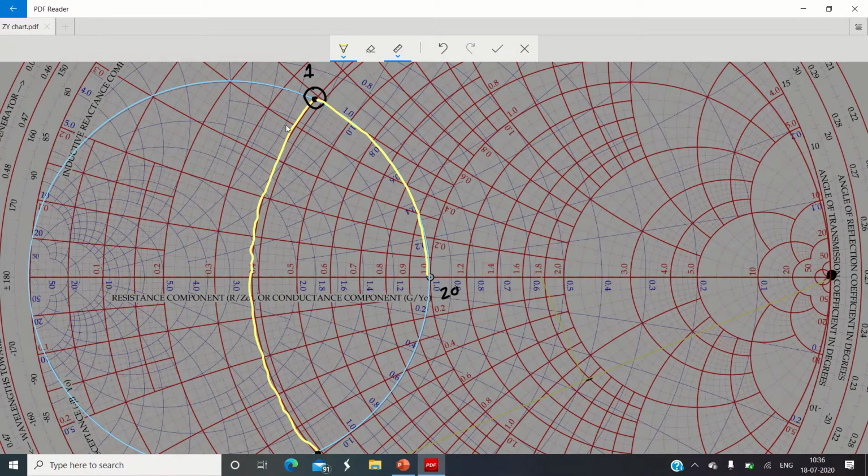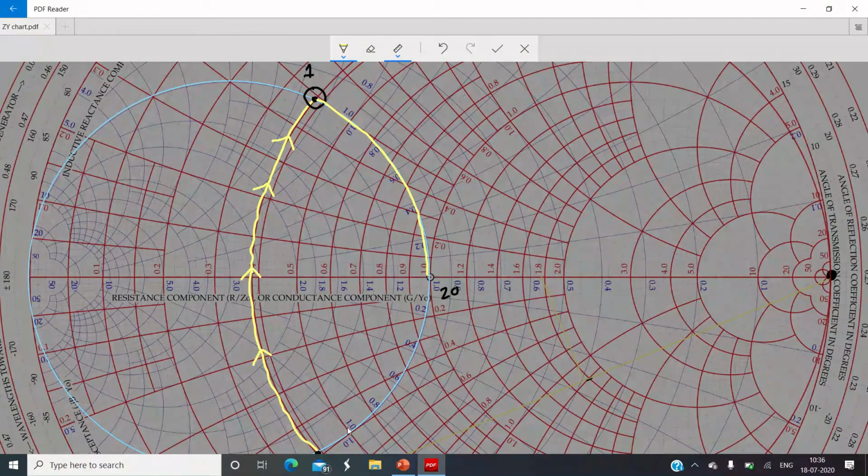We have traced a resistance circle, that's why the first element is a series element, but later on we traced a constant conductance circle, and that's why the element is parallel. So first of all I will show you the traveling direction of the path. The first path is this one, right? We have gone up in this way, beginning with ZL bar up to this point, point number 1.